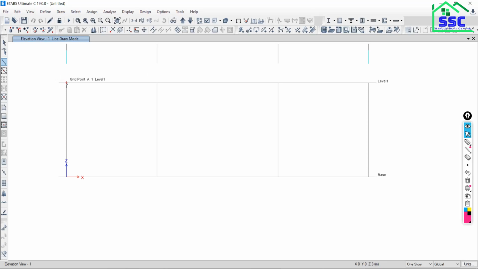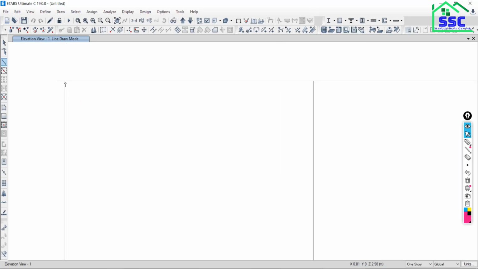Now this is the first point. From this first point, just click over this point, and I told you, unless and until you are not getting the reference mark, that is red color plus sign, also the label is there, grid A1 and level 1 intersection, A and 1 intersection.